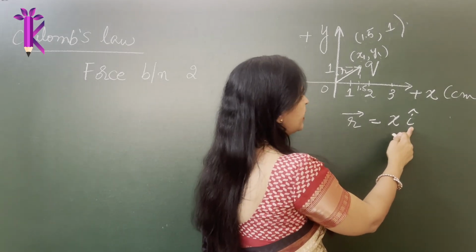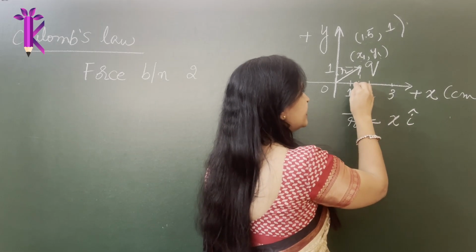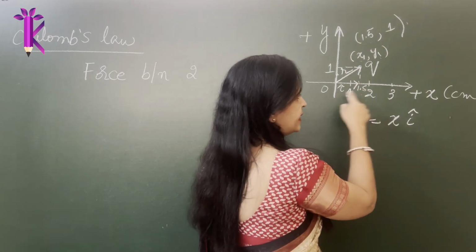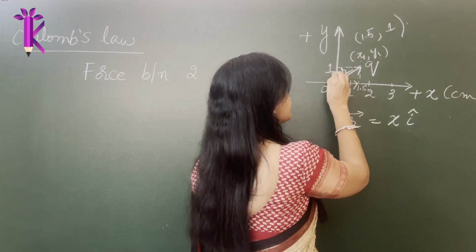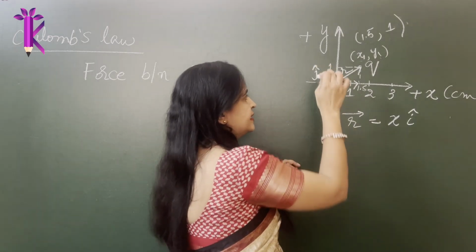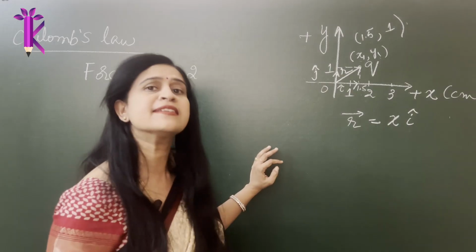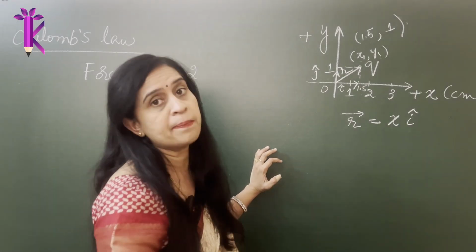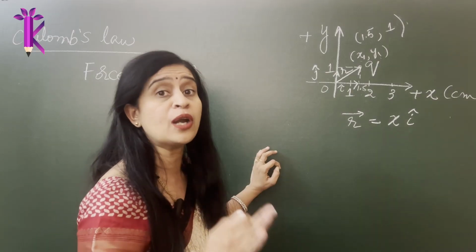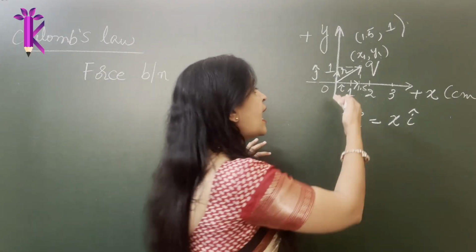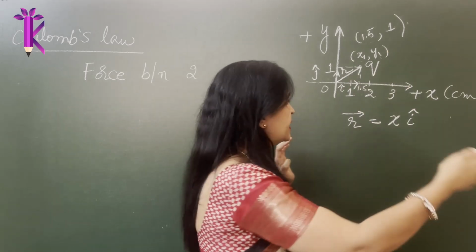I is a unit vector saying that this is pointing in the direction of the x-axis. So this is your unit vector pointing in the direction of the x-axis, and this is your unit vector pointing in the direction, we define it as j, in the direction of the y-axis. Unit vector is any vector which has a magnitude 1 for all practical reasons, because we do not want it to alter the magnitude of the vector as such, but we are saying that it points in a particular direction.